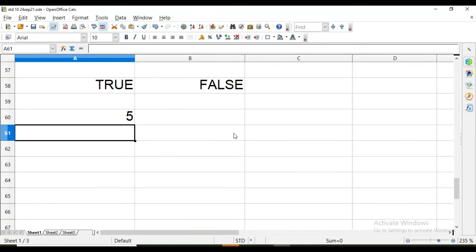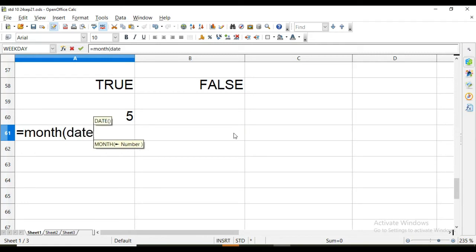Then same way, the month value also. There is MONTH, is equal to MONTH, then the date, and on the same date, 2013 semicolon 7 semicolon 11, two parentheses.